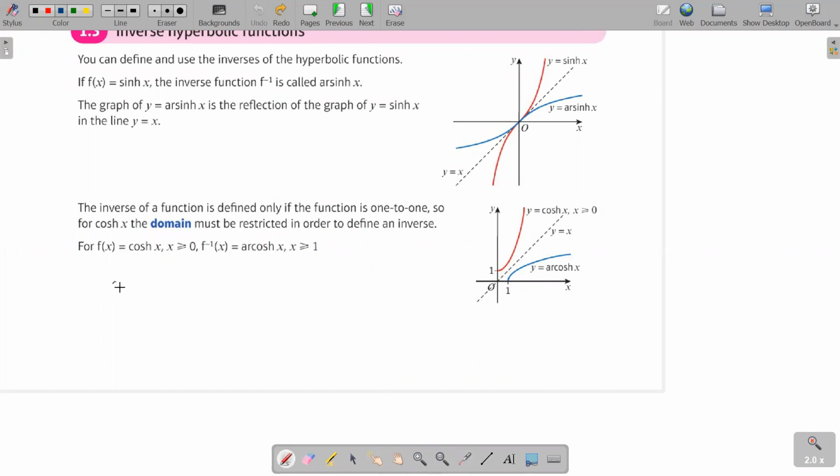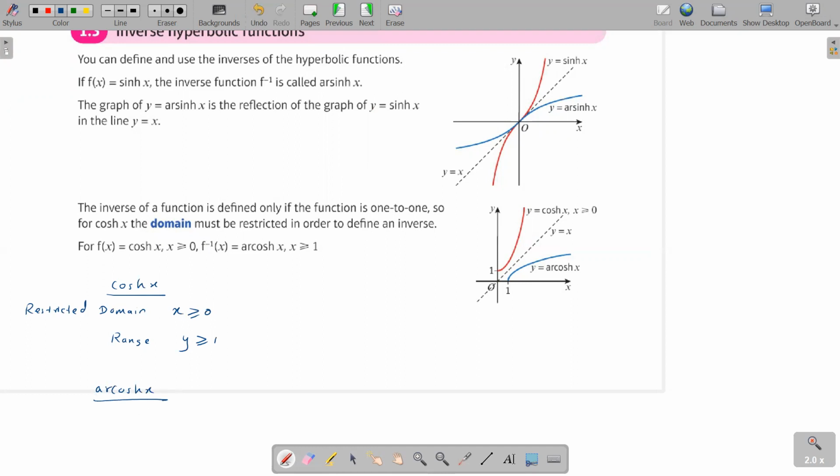So if you consider cos, the restricted domain is x greater than or equal 0, and your range is going to correspond to y values greater than or equal 1, because you saw the red graph is valid for y values greater than or equal 1. And then if you consider the inverse graph, the R cos x graph, guys,